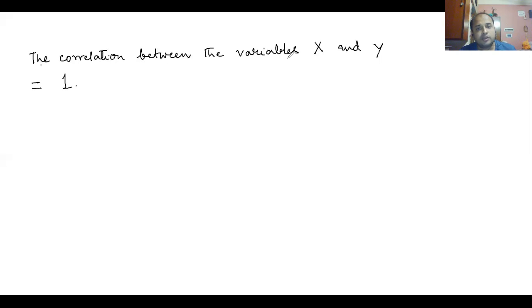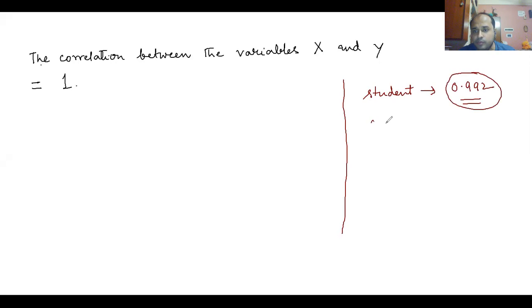The correlation between the variables x and y was actually 1, and one of the students told me that was the value he obtained. The student Dipanjan has told me that he has got the value 0.992. Now let us figure out whether he is right or wrong. If the student has got this value, then I do not have any problem, because 0.992 can be approximately equal